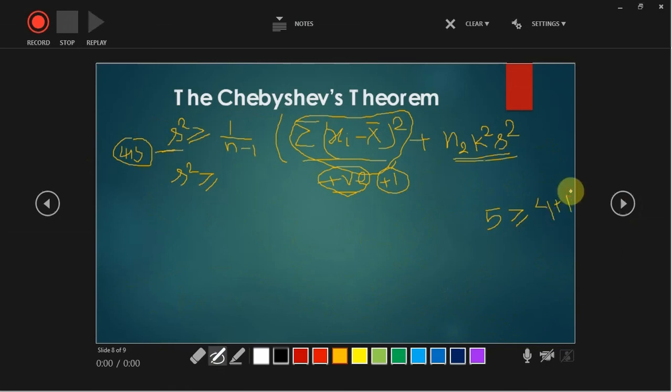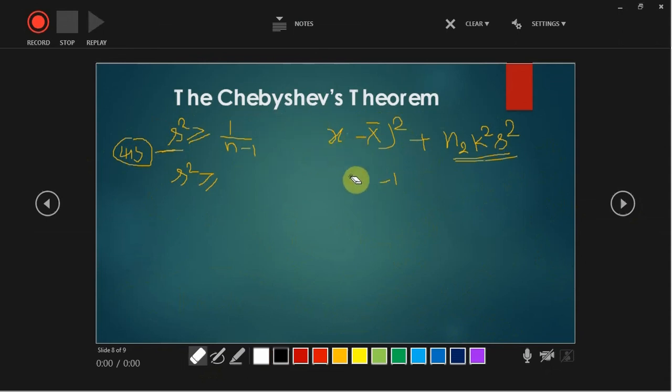Now if we delete a positive number from this side, the inequality sign does not change. This means we can delete this positive number from here without affecting the inequality sign. So now this becomes s squared is greater than or equal to 1 upon n minus 1